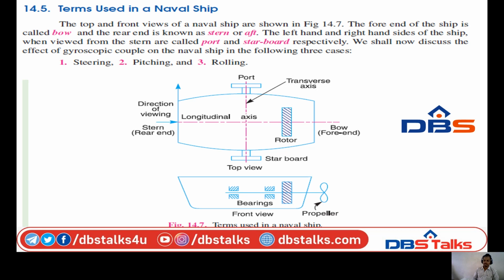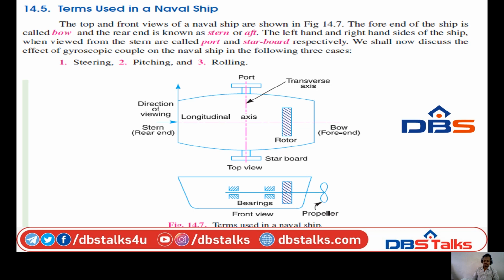In the diagram, we see the stern and the bow. In between these two are the longitudinal axis and transverse axis, which are mutually perpendicular. These are the exact division of a naval ship with respect to x and y, that is longitudinal and transverse axes. Here also, the propeller, which is in the bow or fore end, has to be taken into account.